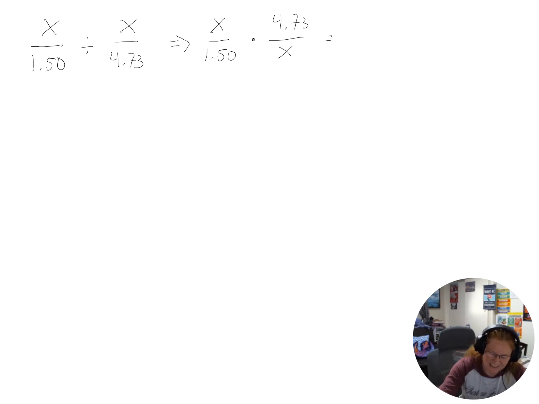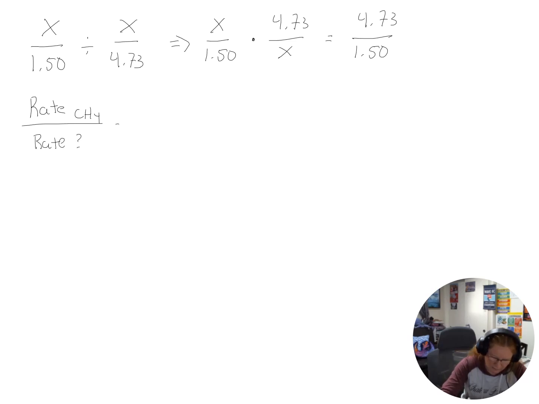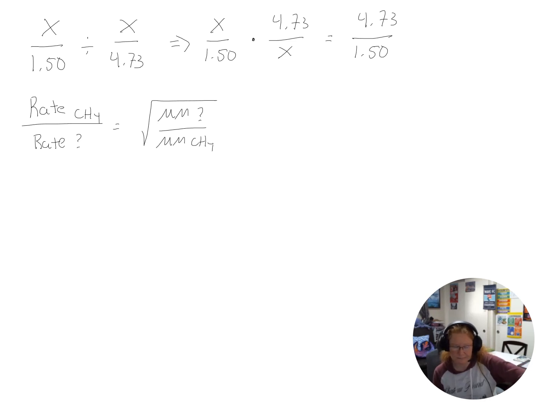They cancel. So I'm going to get 4.73 over 1.50. Okay. Now we did, it's the rate of methane over the rate of question mark. So it's the molar mass of question mark over the molar mass of methane. Okay. All right, so we're going to get